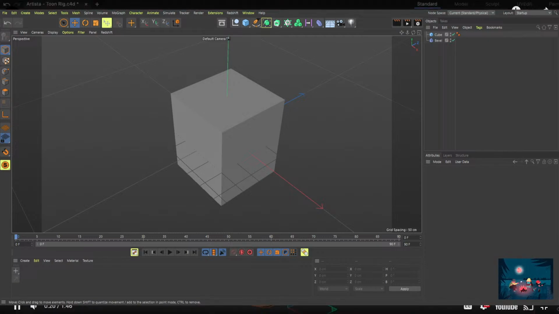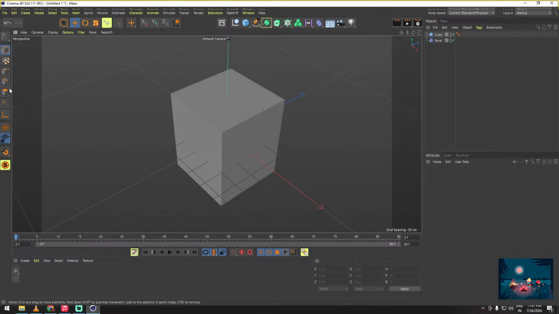Solo the head. Then I'm gonna go to polygon mode, and here you can see that I already prepared a polygon selection. And to really work on the inner mouth, it would be good if I could hide